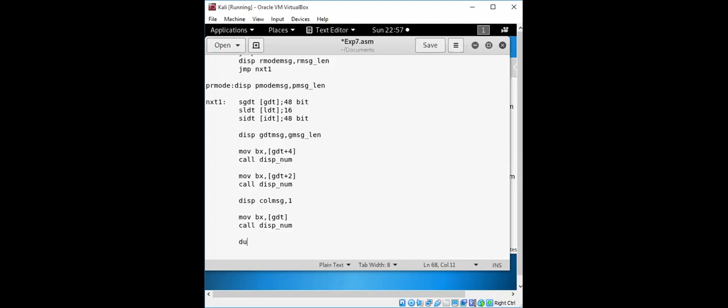Now we'll get the display for LDT. Okay, LDT message with contents.